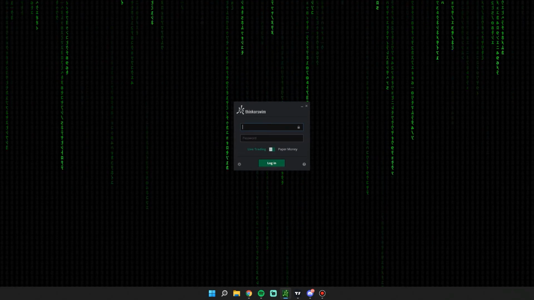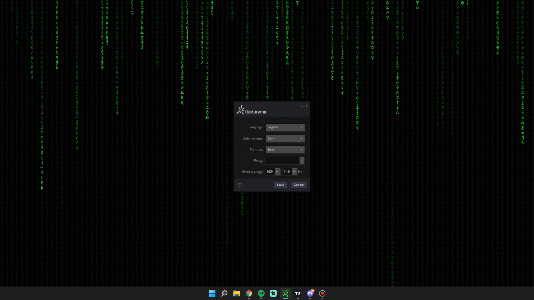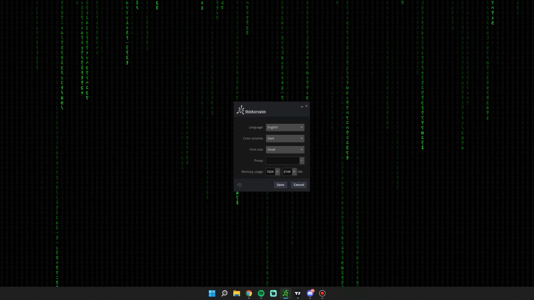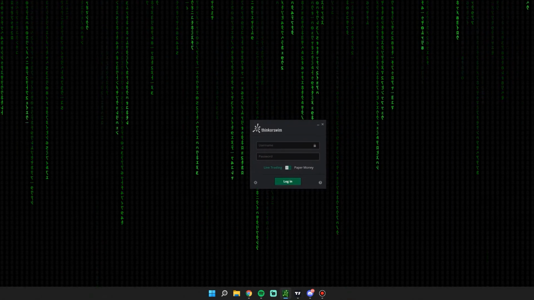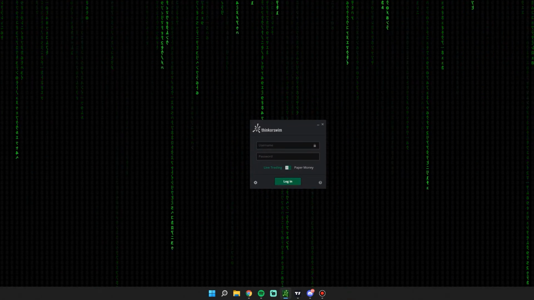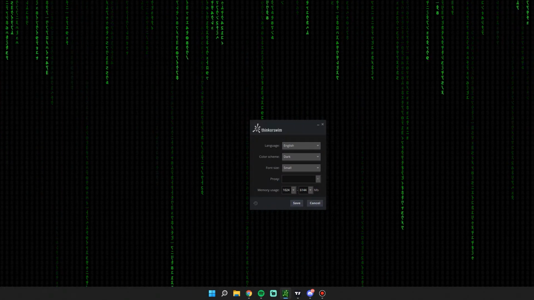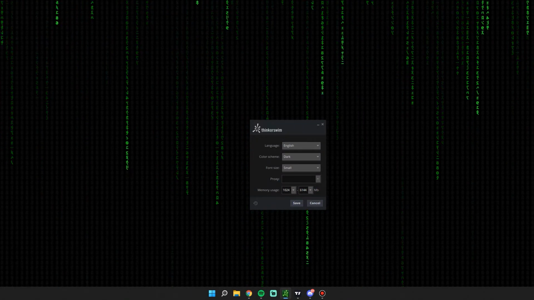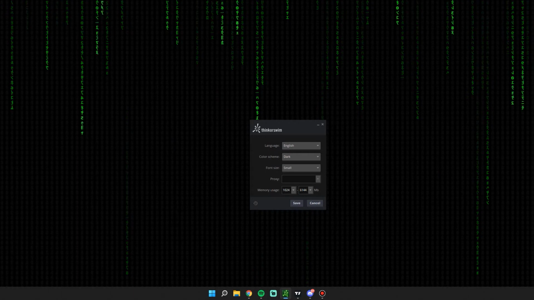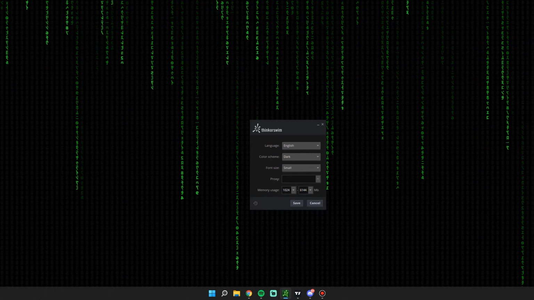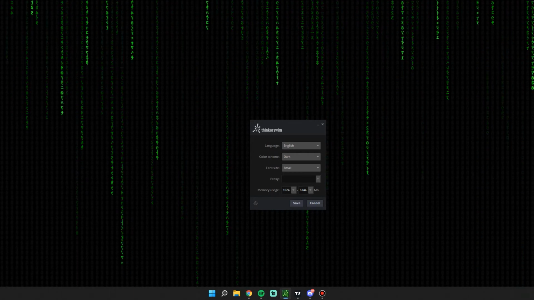We'll start with thinkorswim's memory settings. Seems a lot of people don't know about this. Once you have thinkorswim open, click on this gear icon in the bottom left corner. Down at the bottom here, you'll see memory usage. So the recommended settings, if you have 4 gigs of RAM, is 512 for the lower,